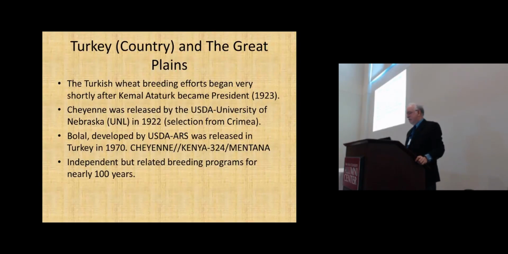The importance of this is Kenya is a stem rust resistant line. The Cheyenne is the one that basically donated most of the adaptation genes. So you have 100 years of breeding, basically. A Turkish program, somewhat independent. The Great Plains programs, somewhat independent. Can you go back to your source to get new genes? It's like a parallel universe, a replicated breeding program. Can you go home and find new material?